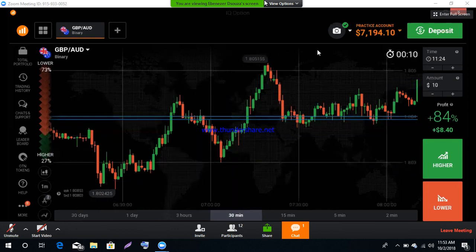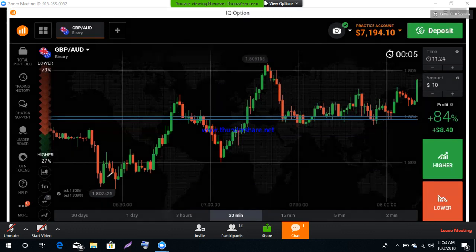This is uptrend. In this uptrend, you must trade in the direction. In the direction means higher option, but where? At the strong level. At this level, you need to place in the direction of the trend with higher option. You can see this candle can't break this level, right? This candle can't break this level. You can trade on the next candle with confirmation. I will show you how to take confirmation. I will explain. But this is a very strong candle.